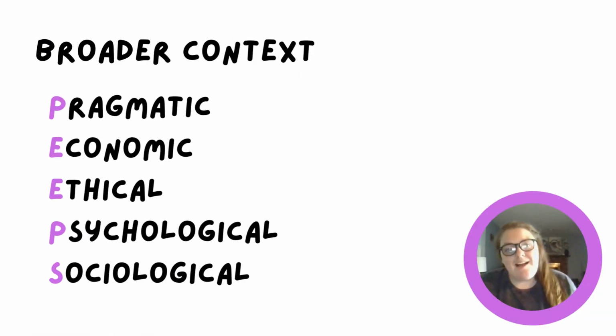So let's dig into context a little bit. One way to get the sophistication point on your free response questions is to acknowledge the broader context, the so what. Now, sometimes this can be hard to identify if it's something you're not familiar with. So I have another acronym for you, a way to think about your topic to see if there's any different perspective, different angle, or a different lens that you can take when thinking about it. I use PEEPS, PEEPS, as an acronym for the different perspectives or contextual lenses that can be used to really